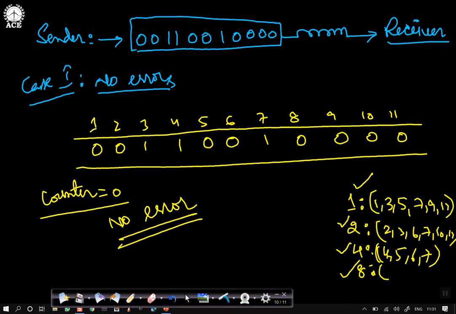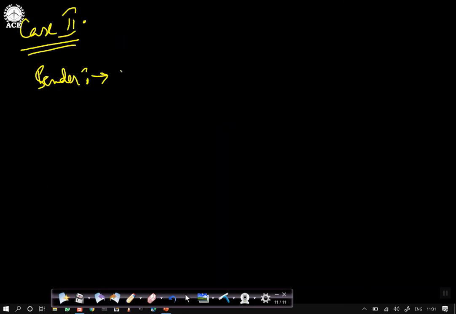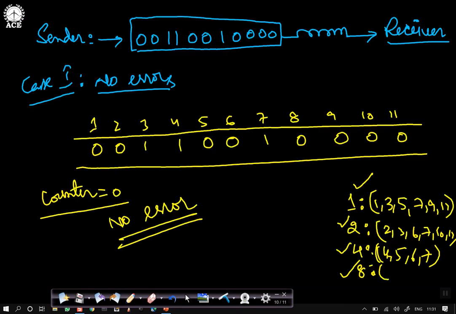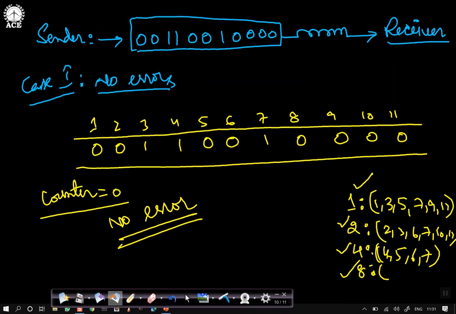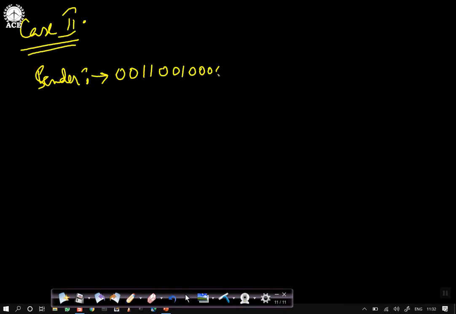Let us see, 0011. So for example, bit number 5, let us take. The code word is 0011 001 0000, with four zeros at the end. Let me check it again across positions 1 to 11. Correct.